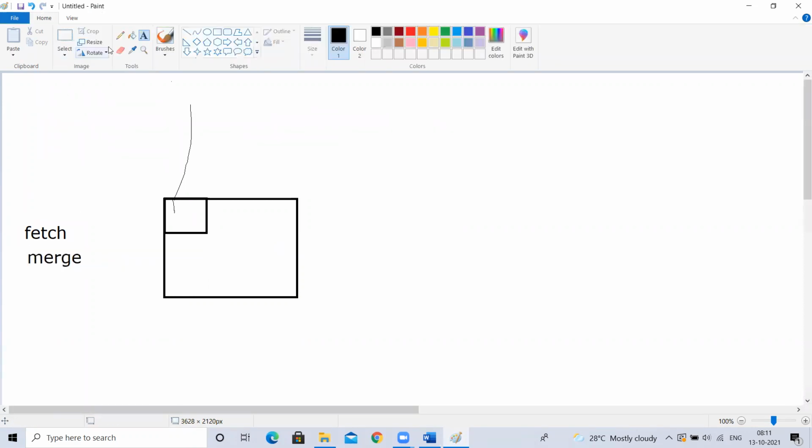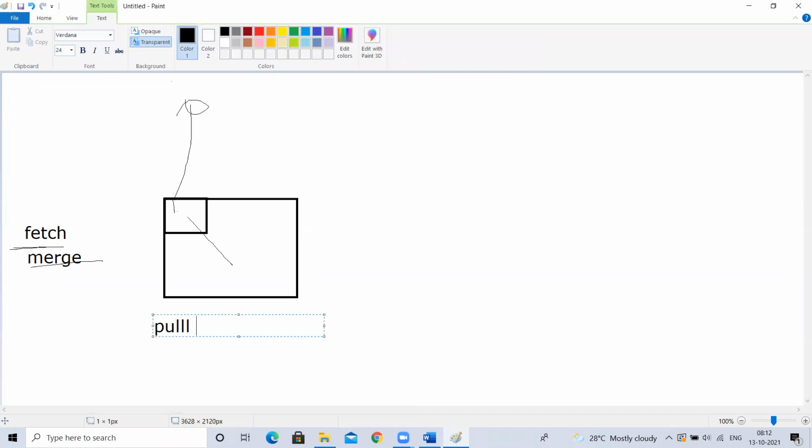Merge can be used in different ways. This is one of the ways. When we fetch the changes using the git fetch command, it gets the changes from the GitHub repository to your local Git repo. That's it. It is not going to update the changes. If you want to update the changes from here to your local workspace, then you have to use git merge. So instead of using fetch and merge separately, we can use pull.